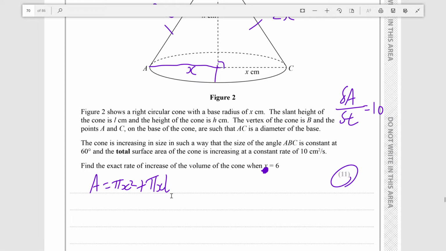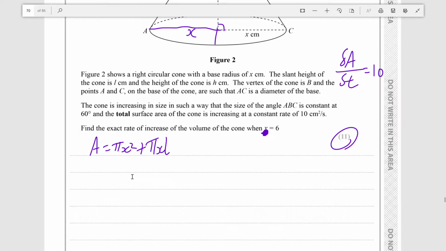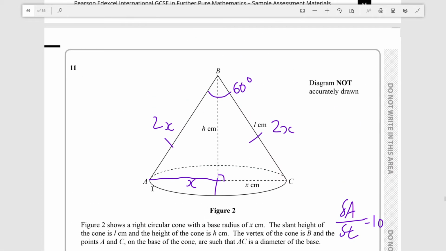This is something that you're expected to know, but I'm going through this explanation because I can honestly tell you that I did not know this before looking at this question. Alright, so the area is pi x squared plus pi xl, and